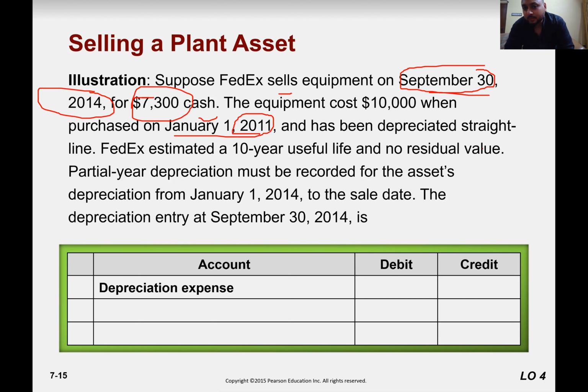So first you need to find out the book value. What is the book value? You use straight line depreciation for 3 years and 9 months, right? So what is the value here? 10,000 divided by, so 10,000, because the question is silent on this. Okay, no, we didn't read the full question. So it has been